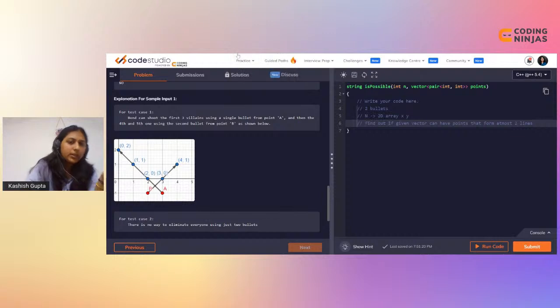So all are eliminated. So the question is basically हमें एक points का वो दिया हुआ है vector जिसमें काफी सारे coordinates हैं, and since we have 2 bullets, so ये अगर दो लाइन बना रहे हैं तो एक जगह से शूट करो एक लाइन खत्म हो जाएगी, दूसरी जगह से शूट करो दूसरी लाइन खत्म हो जाएगी। एक ही लाइन है तो भी चलेगा, बिकॉज वी आर टोल्ड कि एट मोस्ट 2 बुलेट्स हैं। अगर सारे पॉइंट्स एक लाइन पे हैं सो इवन दैट इज फाइन। आई होप द क्वेश्चन इज क्लियर कि पॉइंट्स वेक्टर को डिवाइड करो टू फाइंड आउट कि क्या दो लाइन बन रही है। ठीक है।